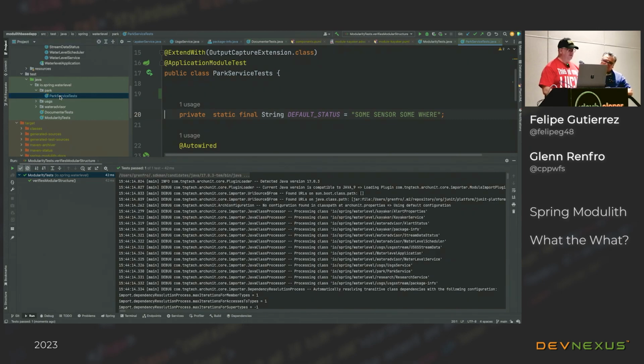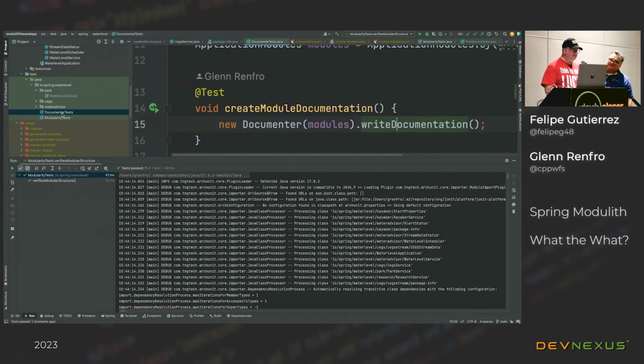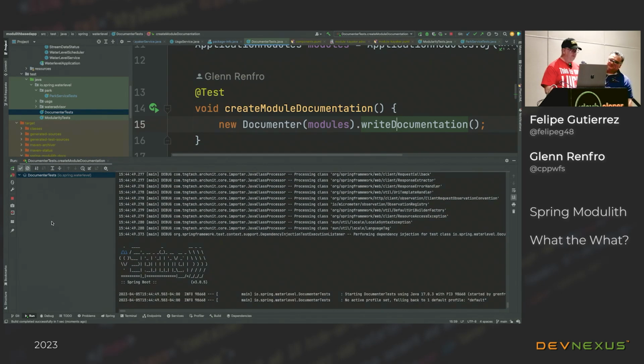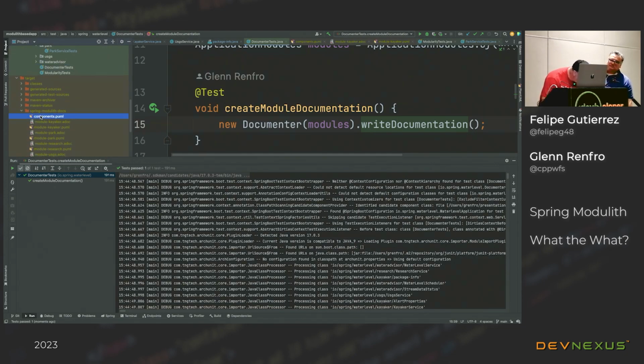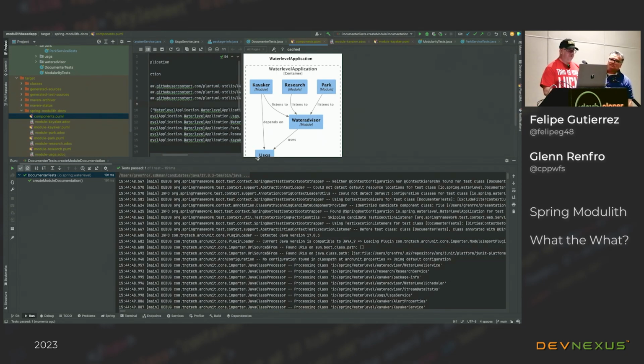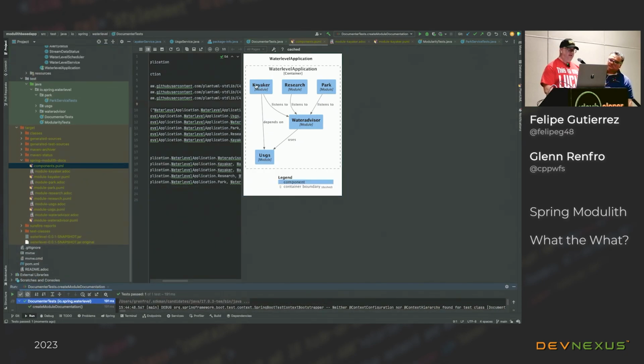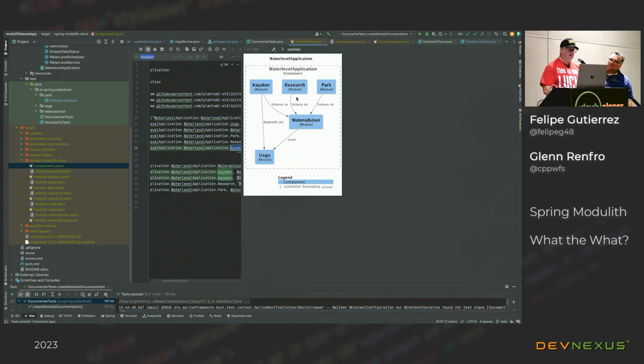So what I want to do here is I want to go to the park. Can you show the UML? Oh, gosh, yeah. So let me show you the UML. Let's rerun that documentation change here. We run it. And if we run that test right there, and we go back to the documentation, let's see where I put it right there. Now notice the change is it's been updated, and where we see we have the kayaker, the researcher, the park, and the water advisor like we had before that has a relationship to USGS, but now you see kayaker has a dependency directly on USGS just because I made that change.